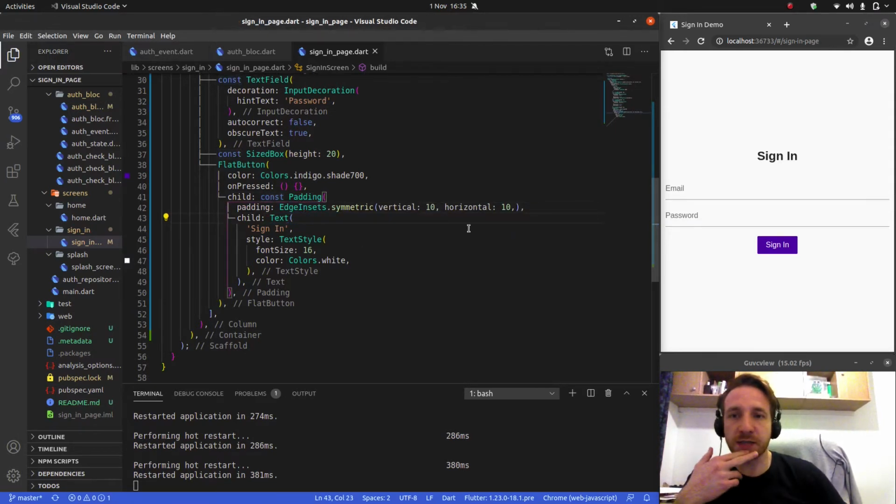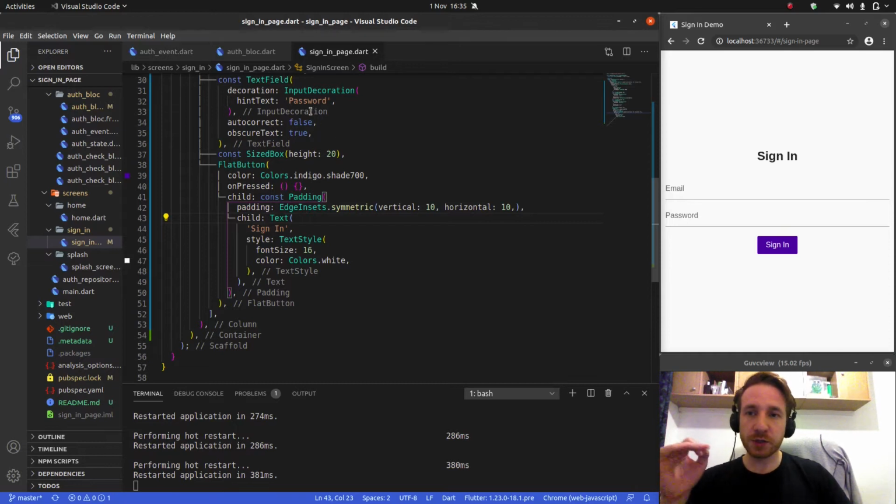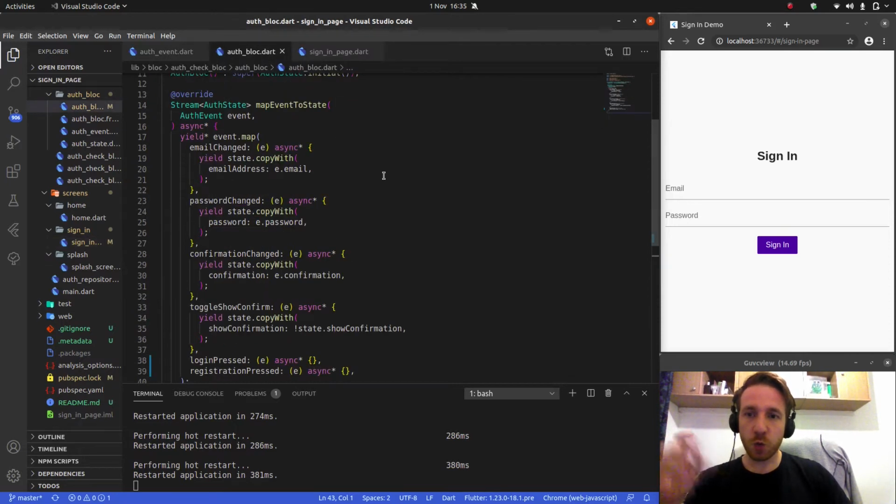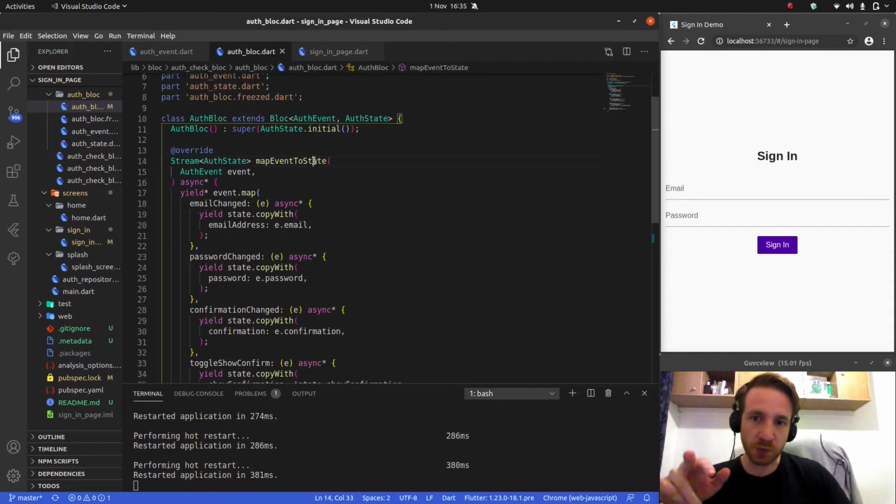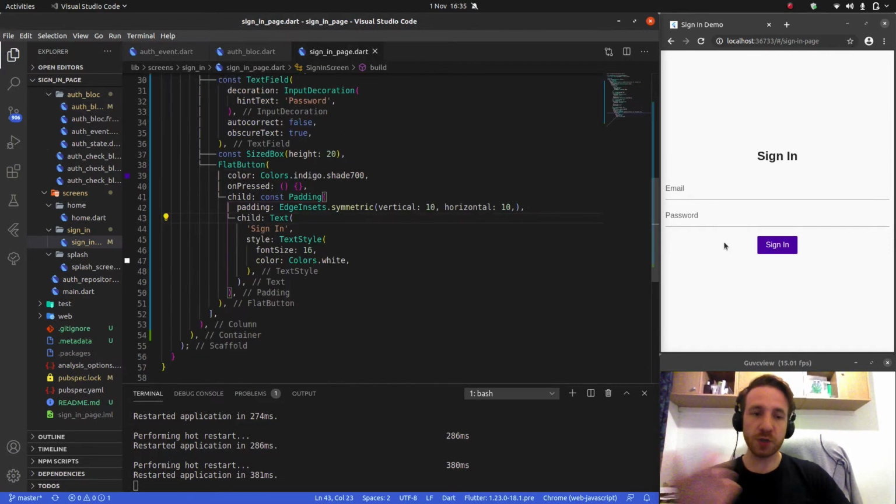Okay, so that aside, we were actually talking about the block. If you guys remember from last time, we made the majority of the block. We wrote most of the code in map event state. And now what I have to do is actually hook up this block to the page where I want to